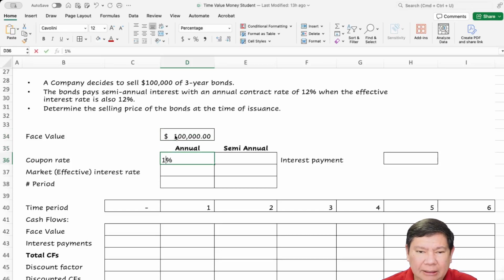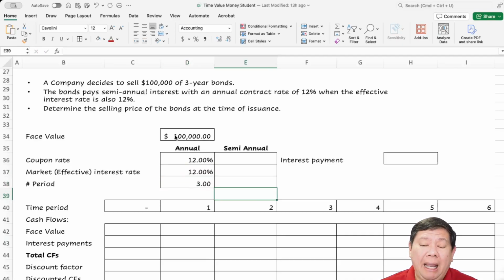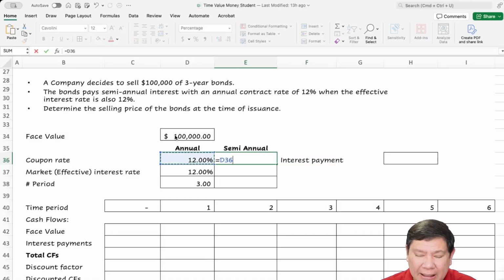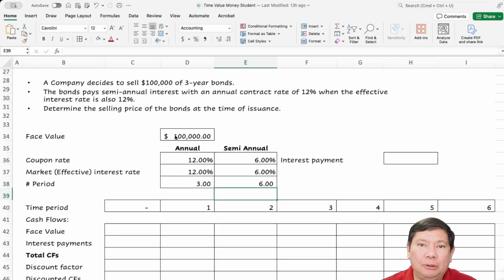The annual interest rate, the coupon rate, is 12%. The annual market rate is also 12%. It's going to be a 3-year period. But because the bonds pay semi-annual interest, we have to divide the interest rate by 2. We have to divide the market interest rate by 2. And then we have to multiply the period by 2. So a 3-year period is 6